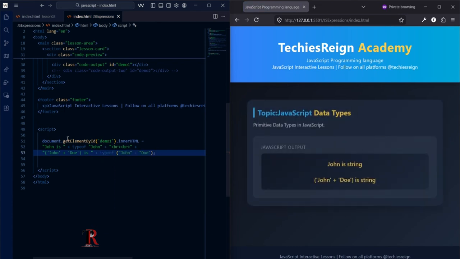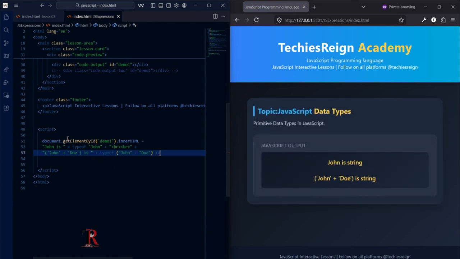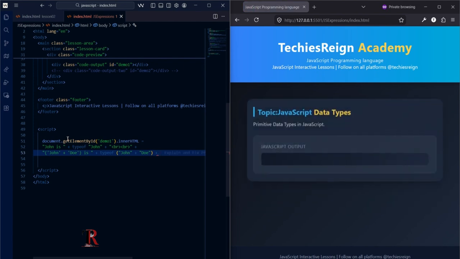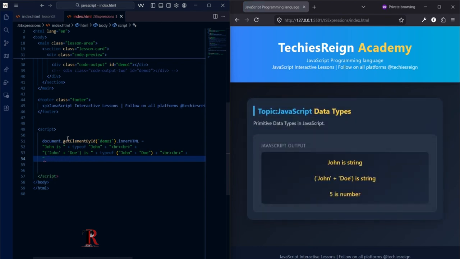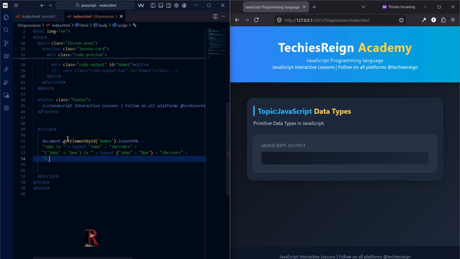Then a second option, plus, and a double break. And then the next one,